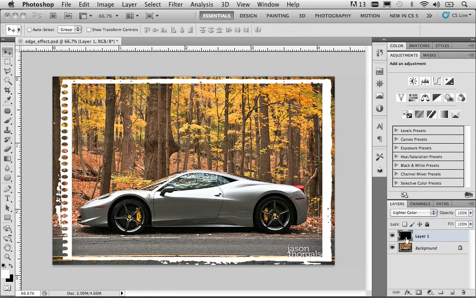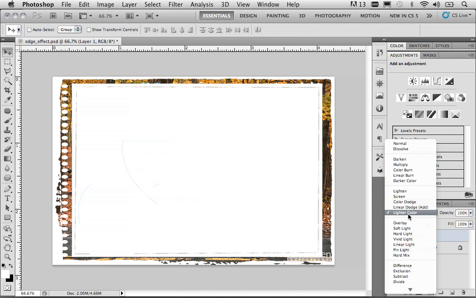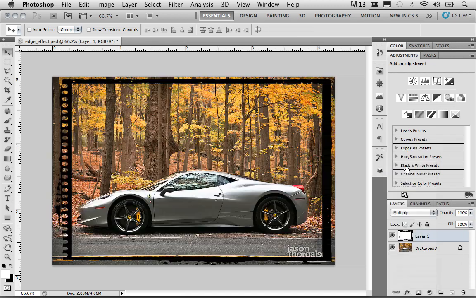Right now, the layer is mostly black with some white, but if you invert it by using the keyboard shortcut Command-I, Control-I on Windows, we get the opposite. Now the majority of the pixels are white, so we'd have to change our blend mode. Instead of using one of the blend modes in the lighten group, we can use a blend mode in the darken group. Go ahead and select Multiply, and when you select Multiply, you'll now see that we have essentially a